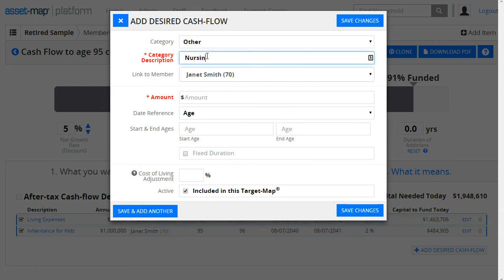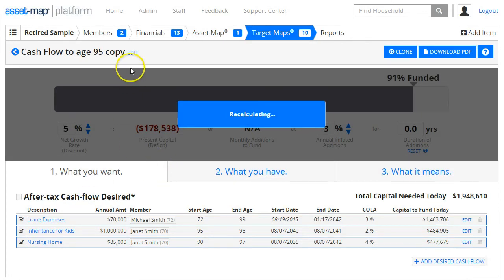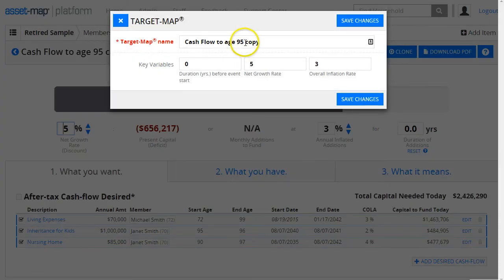long-term care event. If Janet needed to spend, let's say, $85,000 from the time that she was 90 until she was 97, which would be longer than the average, but let's just take a look at it. And let's say that nursing home costs have been increasing by 4 to 5%. So we might use a 4% COLA on this. What would be the impact of a